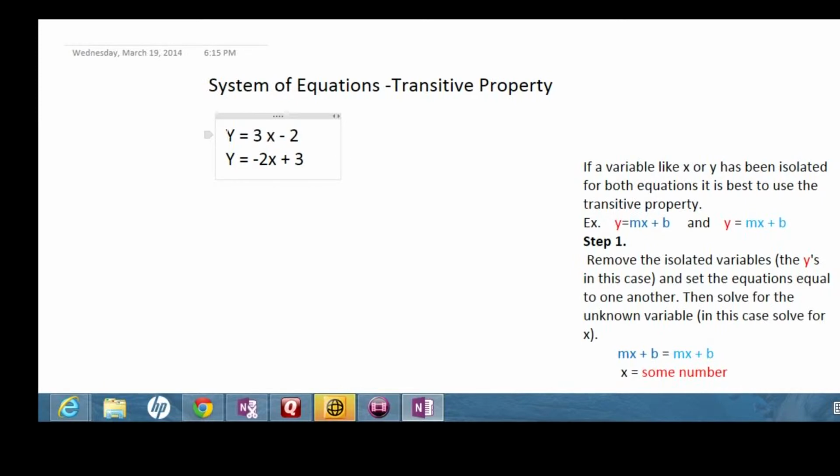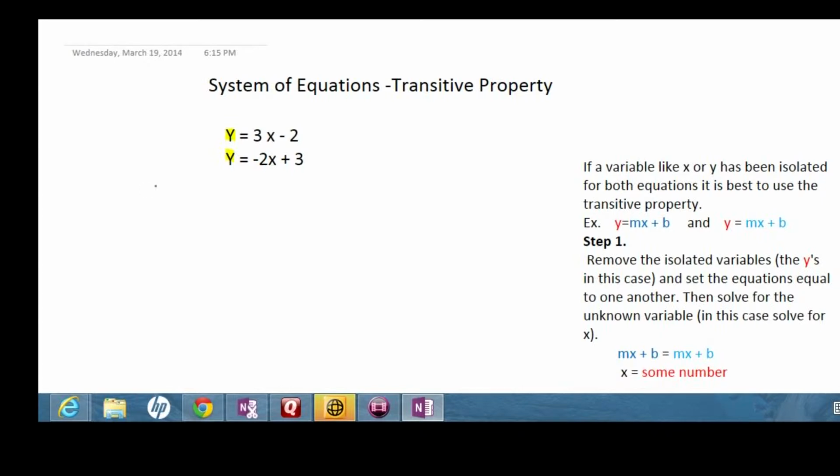We can see here that the y has been isolated, and y has also been isolated here. In other words, y is on one side of the equation by itself for both equations. This will also be true for x. So since we have y isolated for both equations, we can now use the transitive property and set both equations